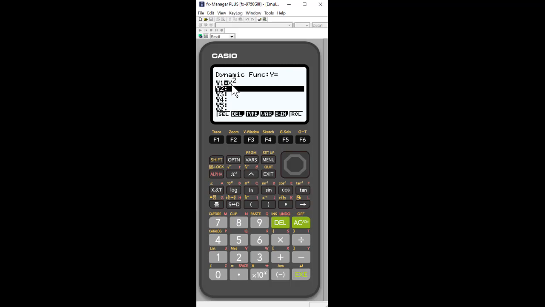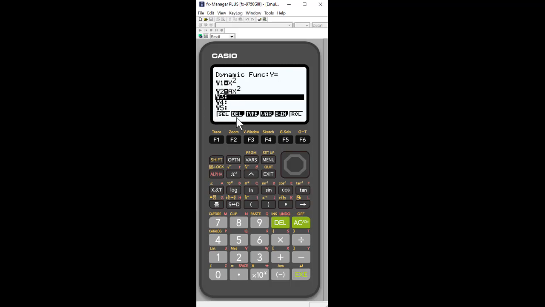But now I want to see what is the impact of the variable on that function. So let's just say, instead of a 1 in front of the x squared, what happens if I put an a, or whatever variable I want. So let's put an a here. So I'm going to do alpha a, and then I'm going to enter my x squared. So I've changed this slightly from the norm, because now I have a variable, something I can change, instead of the 1 that is here now.